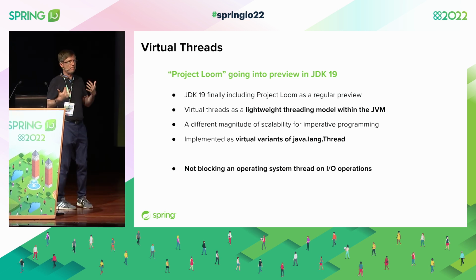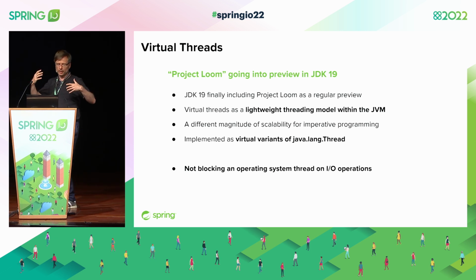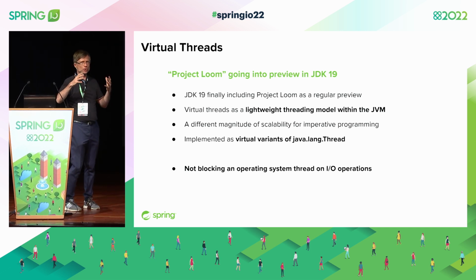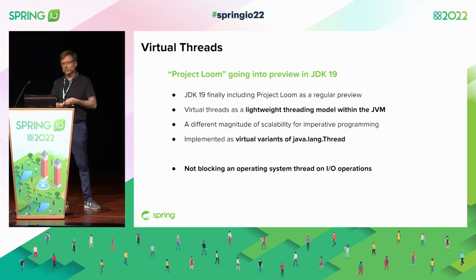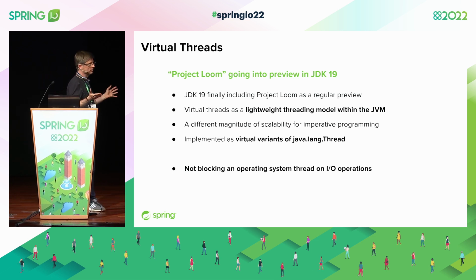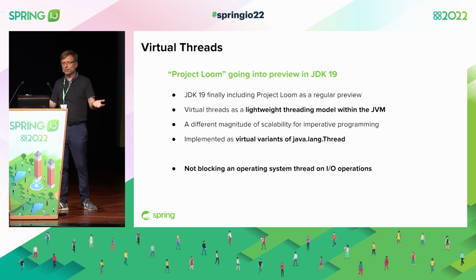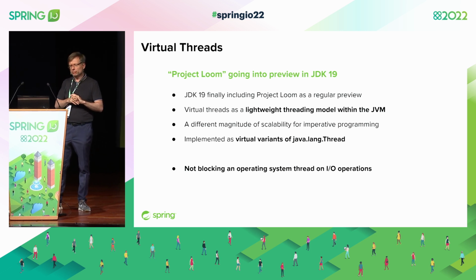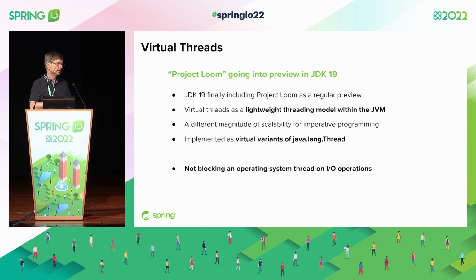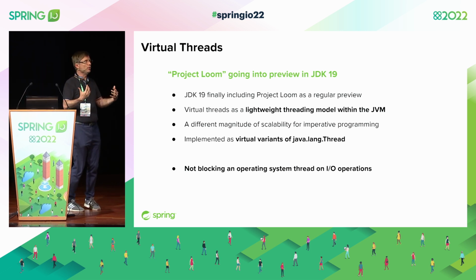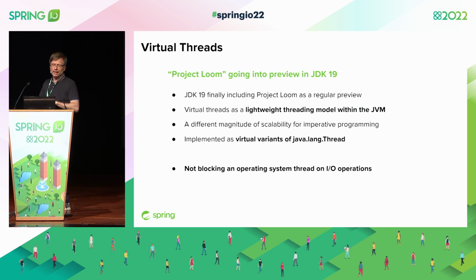So it's not a barrier anymore to use imperative programming, say, in a servlet MVC handler method arrangement. It's not a showstopper anymore to have database interactions or calls to other services in a microservice architecture. If those are blocking, they are ideally not blocking an operating system thread anymore. You can set up your servlet container with a very large number of application callback threads. Depending on your scalability needs, this may be quite a game changer in the trade-offs that you can make. So it's certainly true that this gives a new scalability perspective to imperative programming. At the same time, it has no other